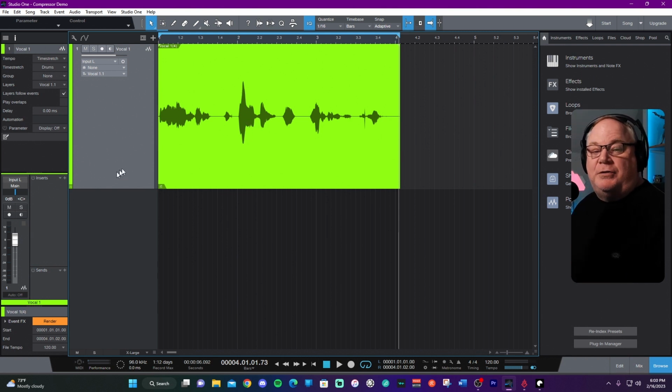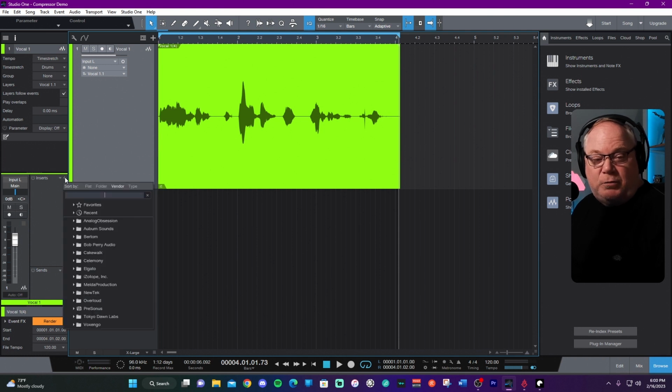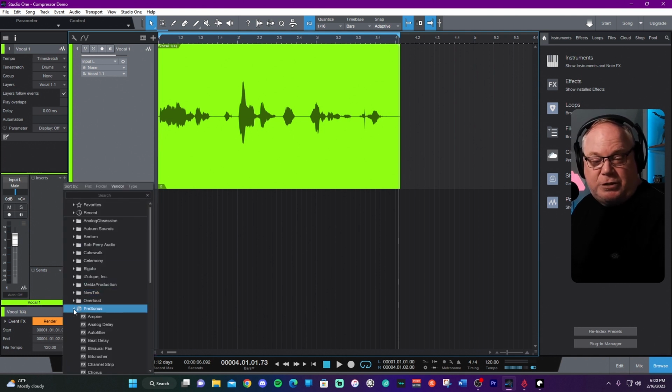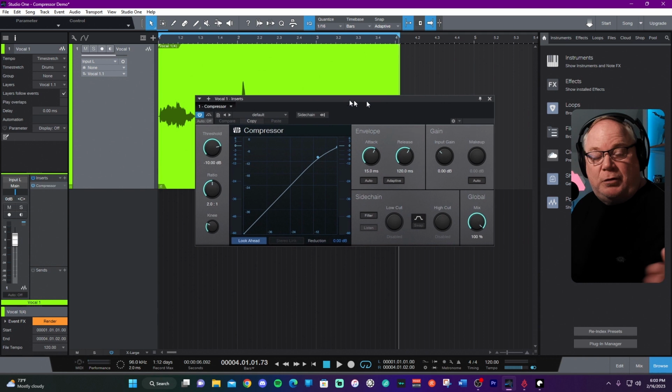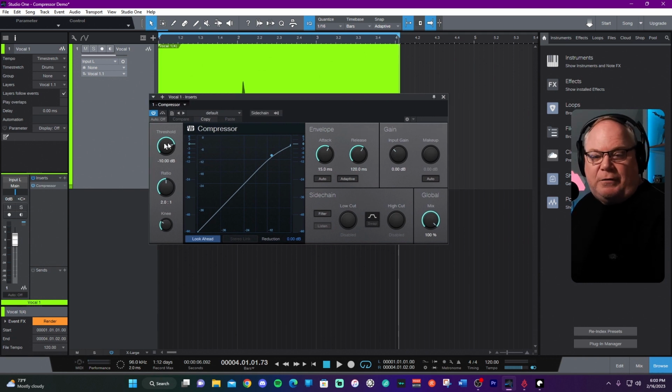So what we'll try to do now is use a compressor to tame this transient a little bit while not really messing with any of the other things. I just really want to knock this transient down. So I'll go here to my inserts. I'm going to insert a compressor, and we're just going to use the built-in PreSonus compressor because it has a lot of the same settings that you would have inside of OBS Studio. First thing we'll play with is threshold, the ratio, and then over here we've got the attack and release. That's really the four things we're going to mess with.